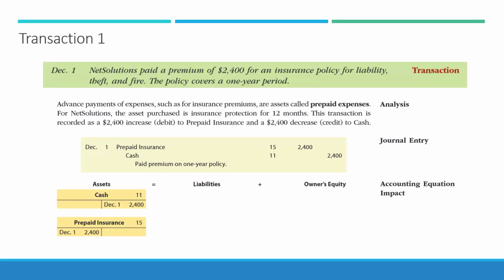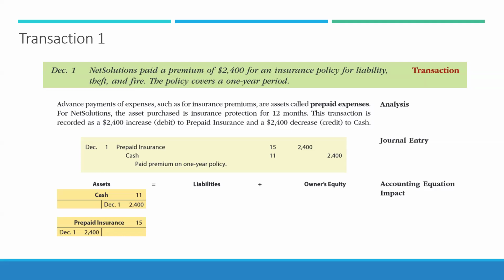So in this example, Net Solutions paid a premium of $2,400 for an insurance policy for liability, theft, and fire, and it covers a 1-year cycle. The reason we don't take this and put it right away into insurance expense is because it's a prepaid insurance policy that's going to last us a full year. So we're only going to expense it as we use it up. Okay? So in this case, we're going to debit our asset called prepaid insurance for $2,400 and we credit cash